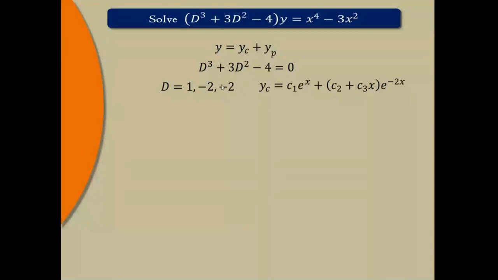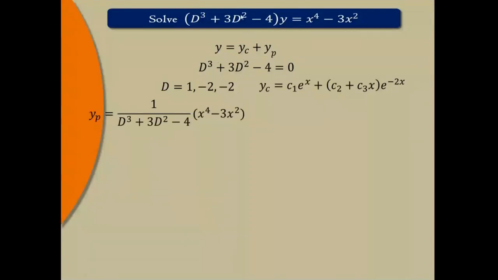If you want, you can take these two roots first, and then this one. Then we get (c1 plus c2 x) e raised to minus 2x plus c3 e raised to 1x. You can take these c1, c2, c3 in any order, no problem with that. All those combinations are correct answers. So properly remember the formulas for real distinct, imaginary distinct, and real repeated roots. Now we have to find the particular integral yp.